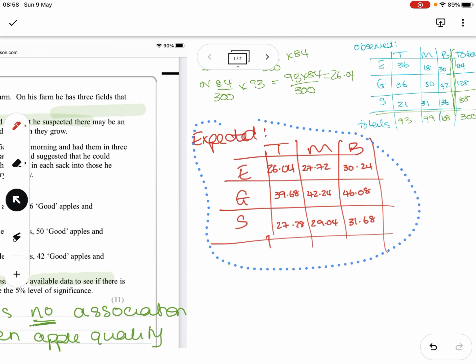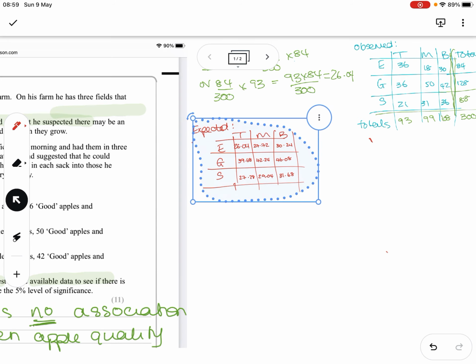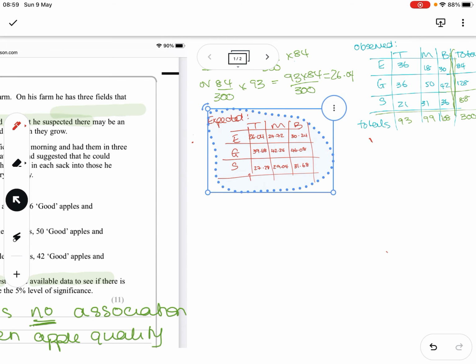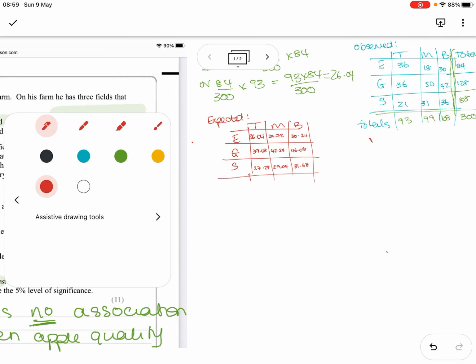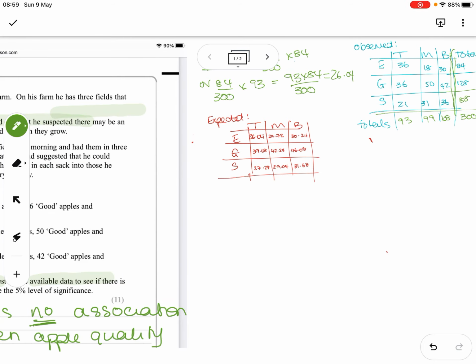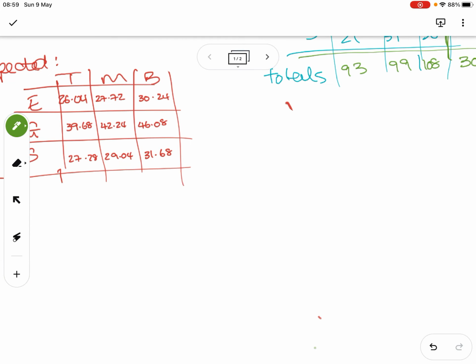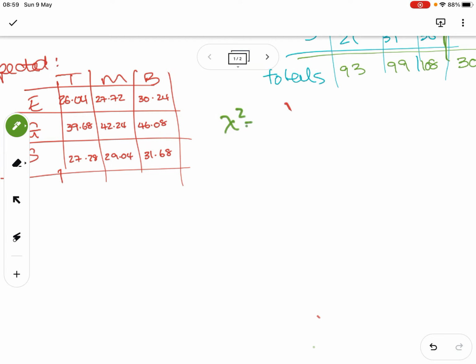Fingers crossed anyway. Right, so there's my expected. What would really be good at this point is to be able to see what the actual is. Okay, so this is the next point. What I would do then is compare and contrast, but what can be a really good thing is to see what the contribution is. The chi-squared statistic that we're looking for, our test stat, is observed minus expected